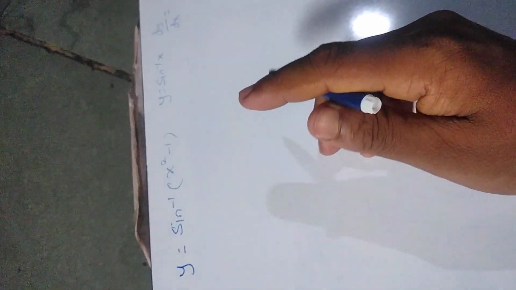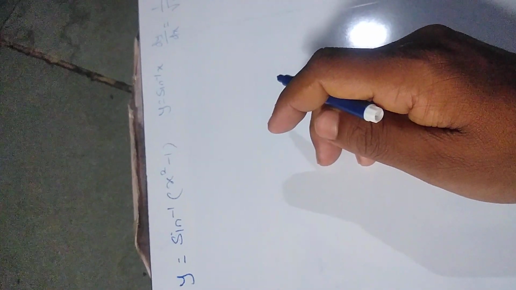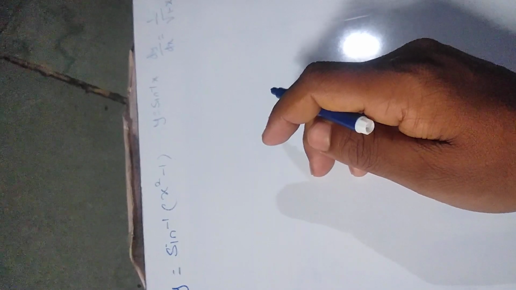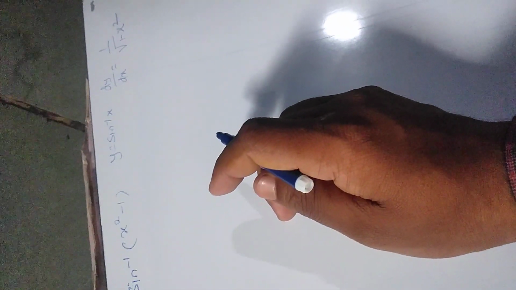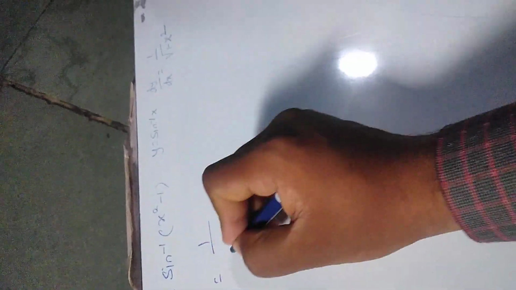Today we are going to see derivatives of inverse functions. We have a question, that is y is equal to sine inverse of x square minus 1. So for y is equal to sine inverse x, its derivative is 1 upon root of 1 minus x square. So basically for this question, its derivative will be given by dy by dx is equal to 1 upon under